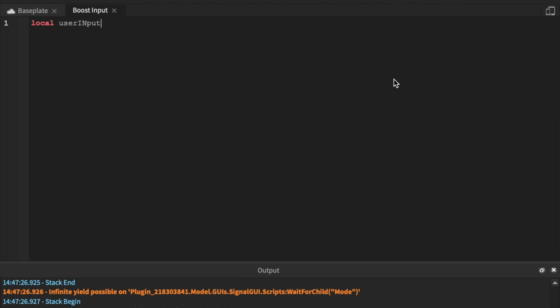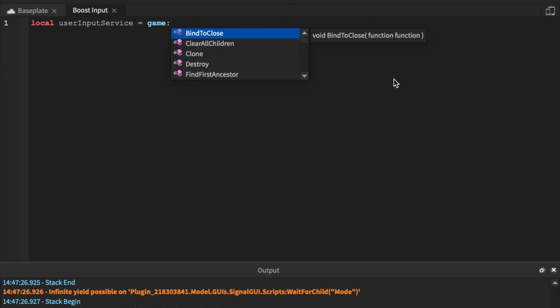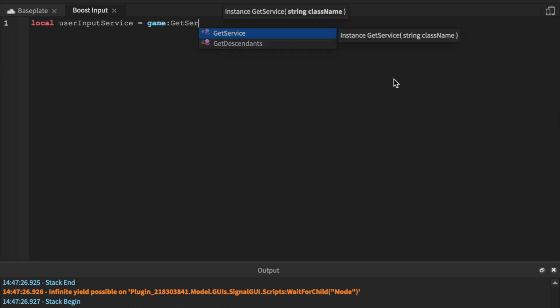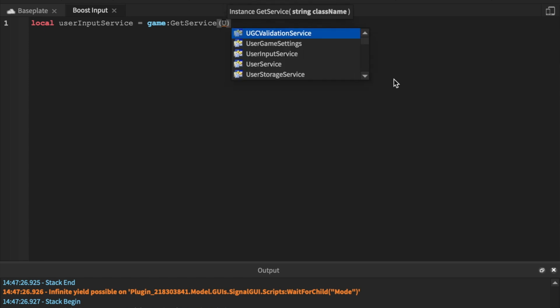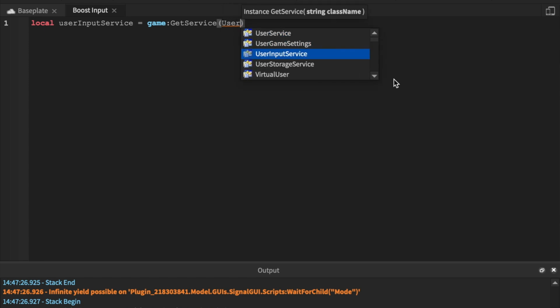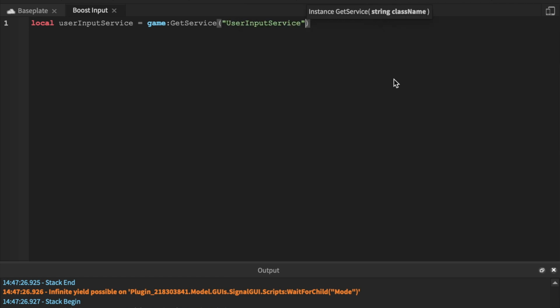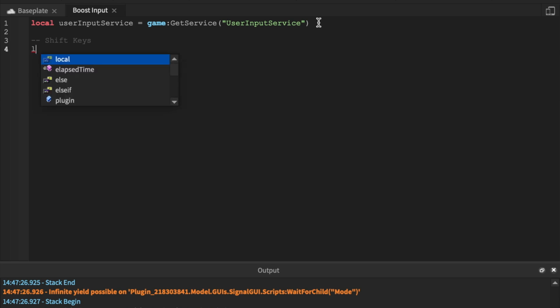Let's go ahead and define that user input service. We're going to say game get service, and you already know we're going to get that user input service. Not the user service, because that's getting the user. We need to get the user input service. And then we need to get shift keys. I'm going to leave a little comment here. Let's go shift keys. And we're going to say local shift key L